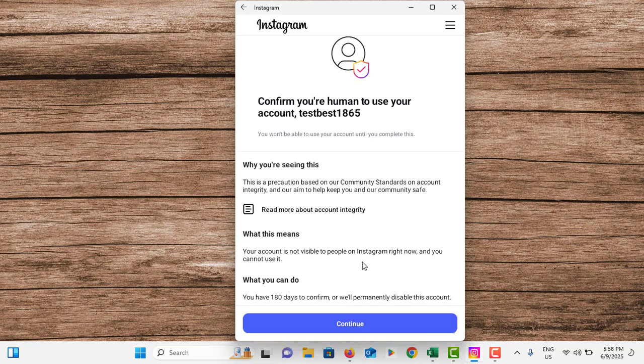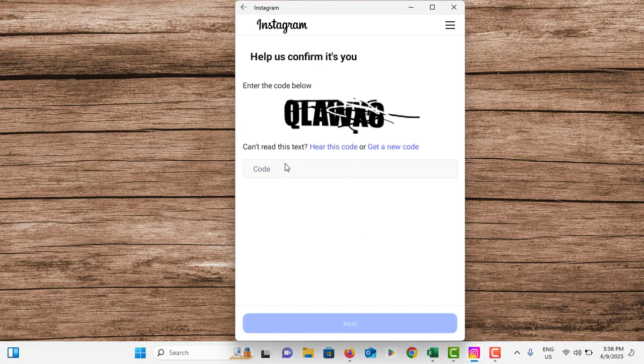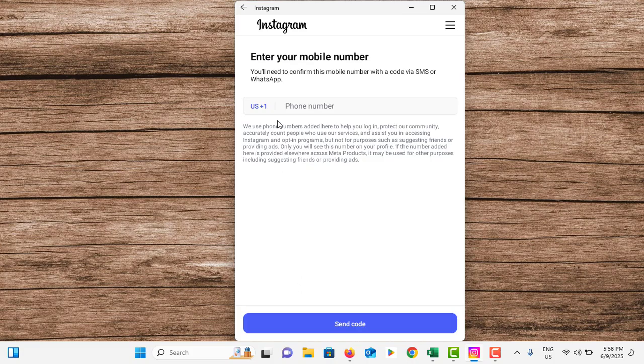Okay, you have to confirm you are human. Just tap on continue. You have to fill in this code at the bottom. Once it is done, tap on next and you have to enter your phone number. You can use your country code and phone number, it's necessary. Once you enter that, you can tap on send code. Then your mobile phone will get the Instagram code for authentication. Once you enter that here, you can create the new account and you can use both accounts in your